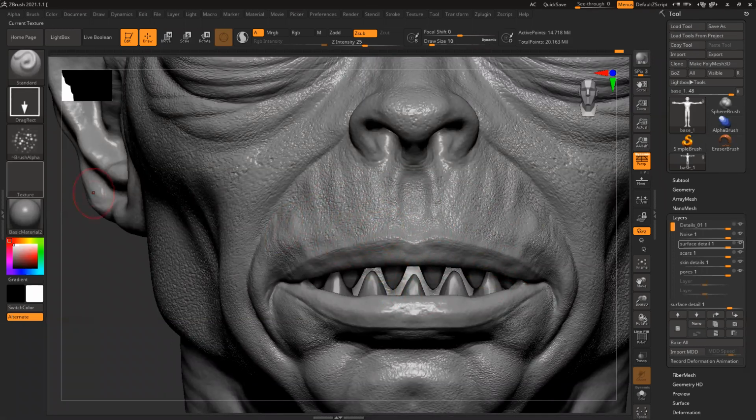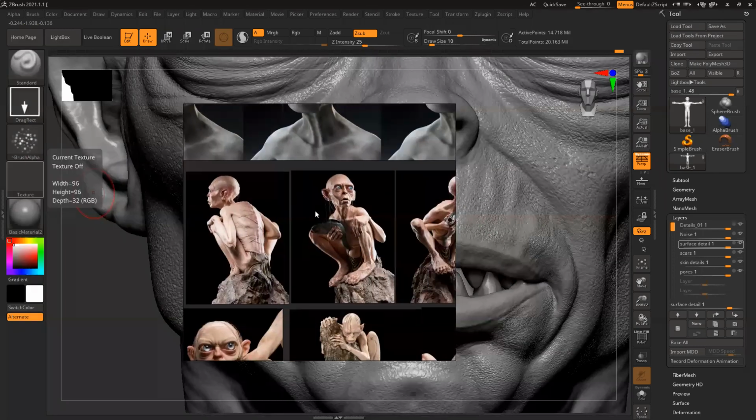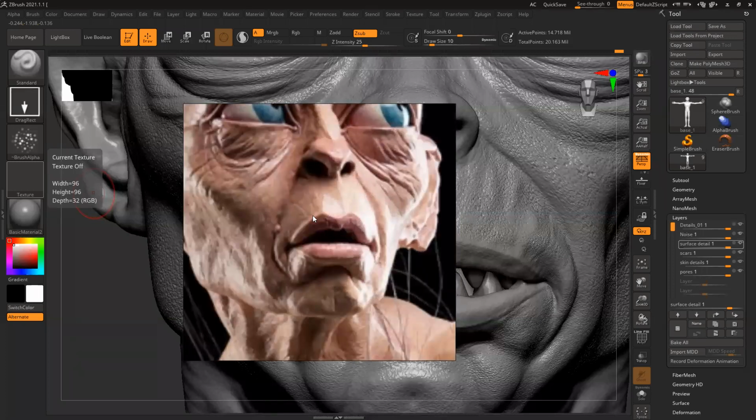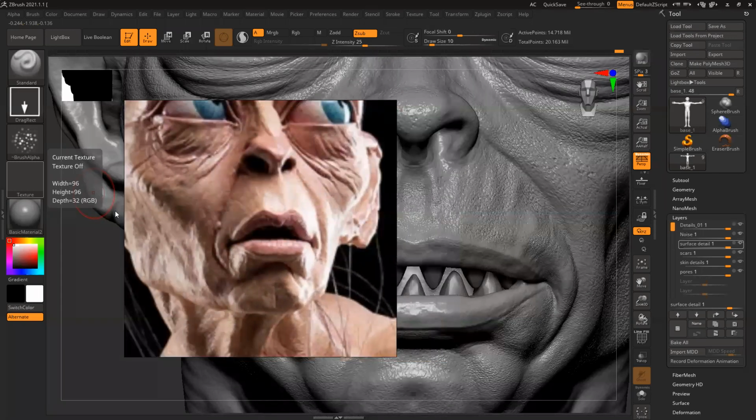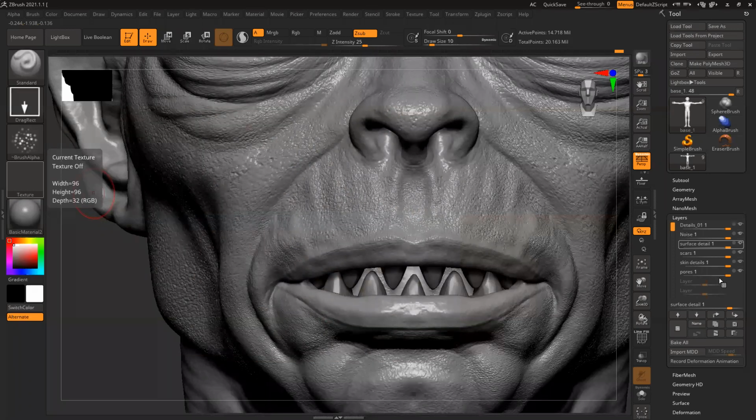Like this, I'll add all the details, and then I can close it. You see, I can see a few lines. Those lines I have to add manually. One more layer,